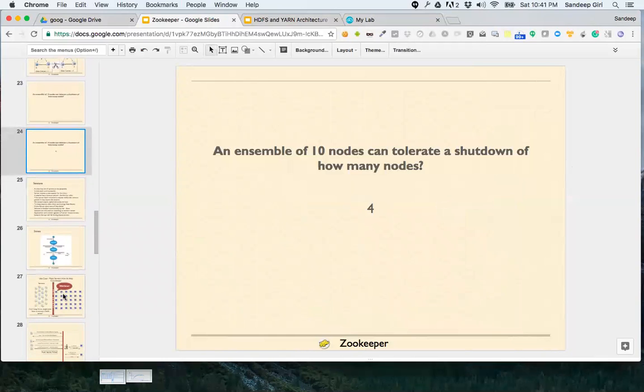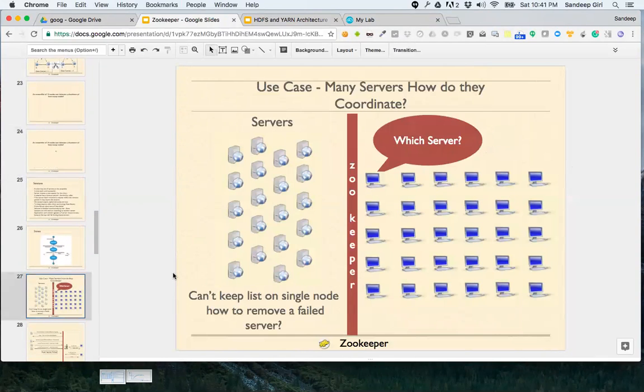All right. So now I'm going to talk about the use cases. The use case is, let's say there are many clients that want to connect to an array of servers. These are all the servers which are providing the response to the end user.